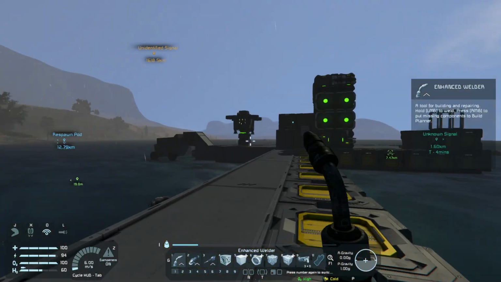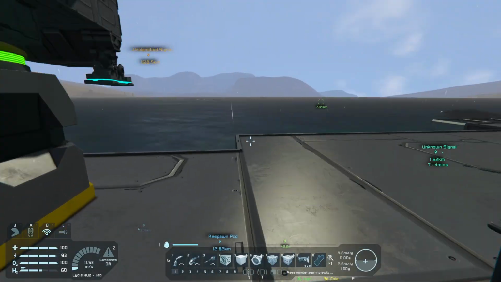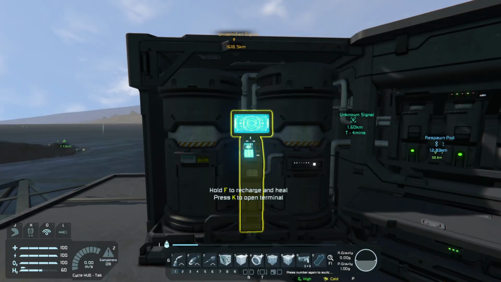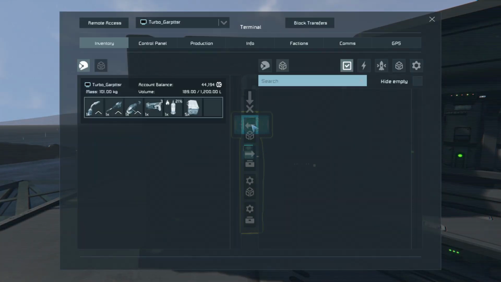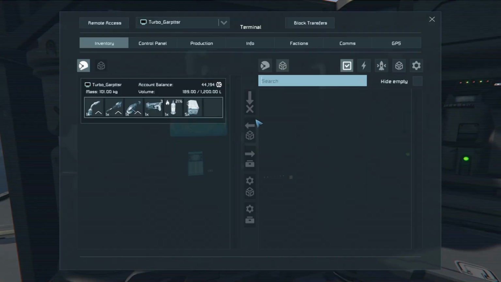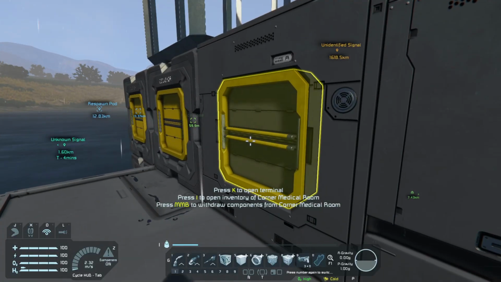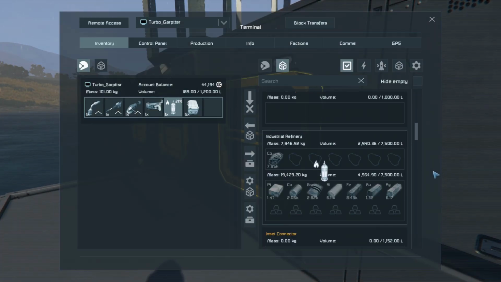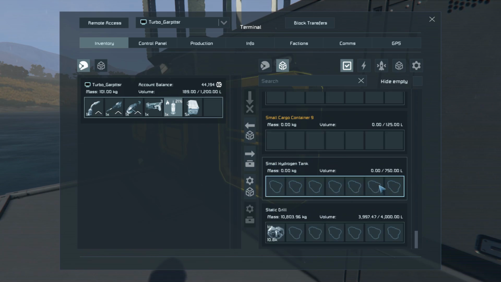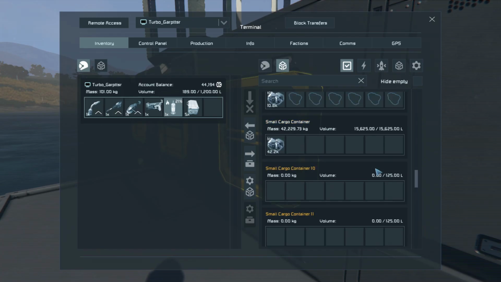Alright. Let's check it out. Can I refill my hydrogen right here, right now? Yes! Does it refill the bottle too? No. I think I can go in and access the hydrogen tank from here. No, I cannot. But can I put this...